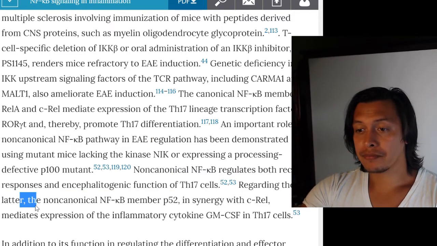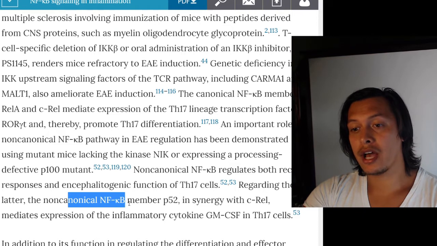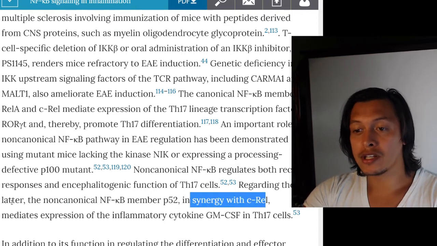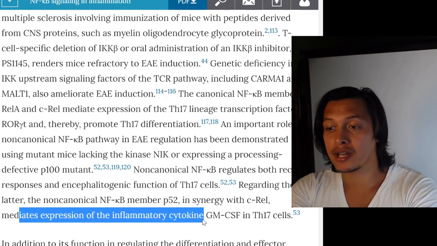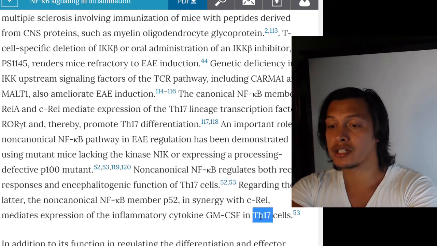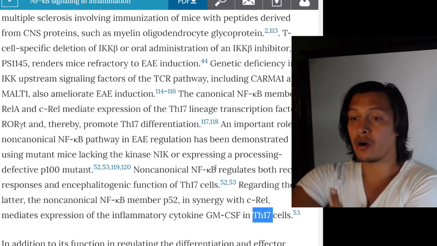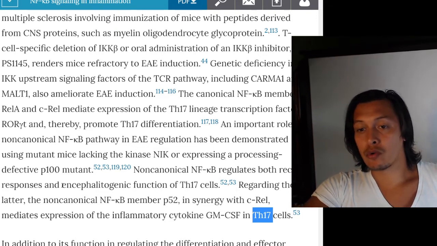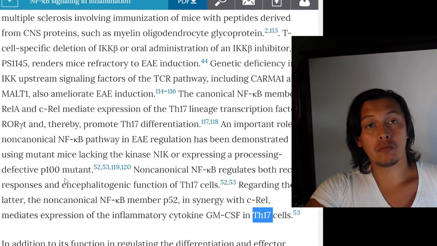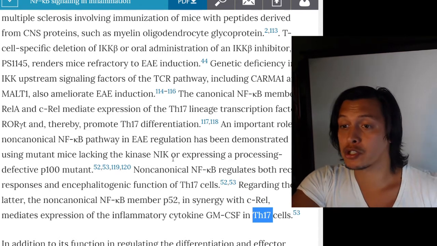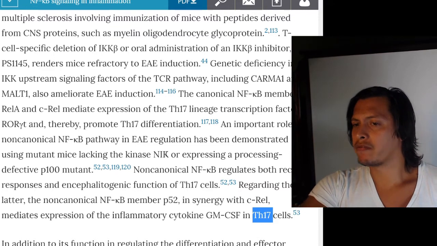Regarding the latter, the non-canonical NF-kappa B member P52, in synergy with CREL, mediates the expression of the inflammatory cytokine GM-CSF in T helper 17 cells. And I presume the kinase NIK plays a role in the processing of P100. Don't quote me on that, there's way too much to remember, but I believe if you remove